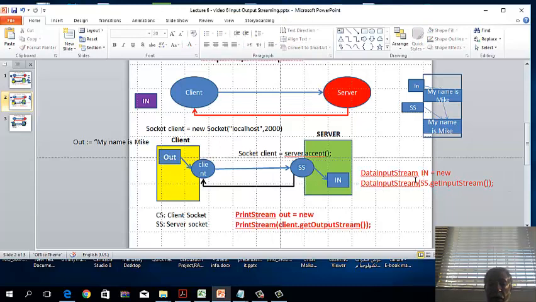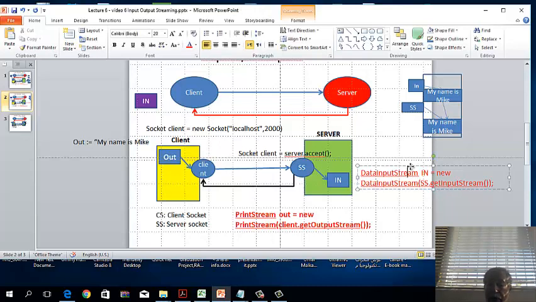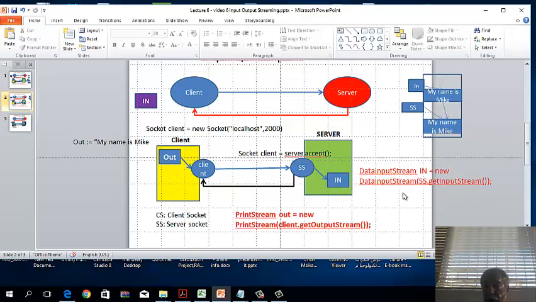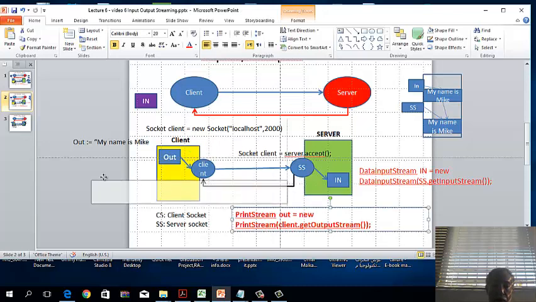If I have it client, I want you to visualize this. I want you to understand this guy right here. This is my client. Now I'm talking about this data, the number. So with this statement, I'll call it my name. When I have this statement, my name is the data that I have out. I want to write it into the socket. All right, my name is whatever. Right here, I would like to write this data